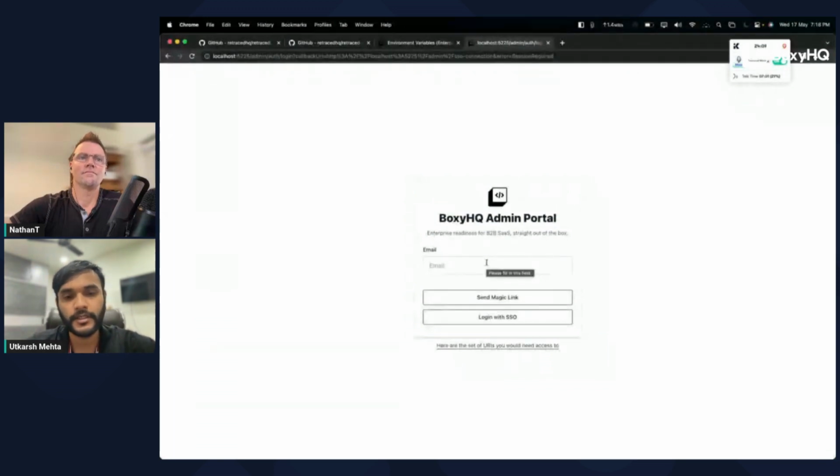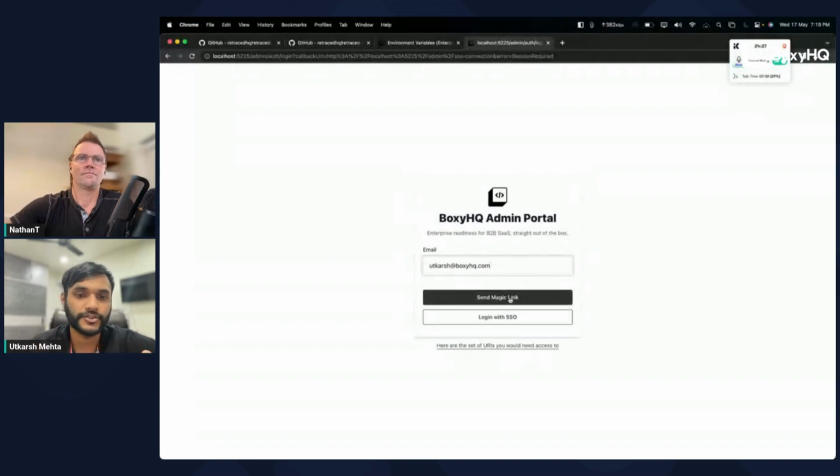So usually what is supposed to happen is you configure the SMTP credentials and use magic link to login, and then configure your SSO and use it afterwards to make it more secure in production. So when I click on the send magic link,